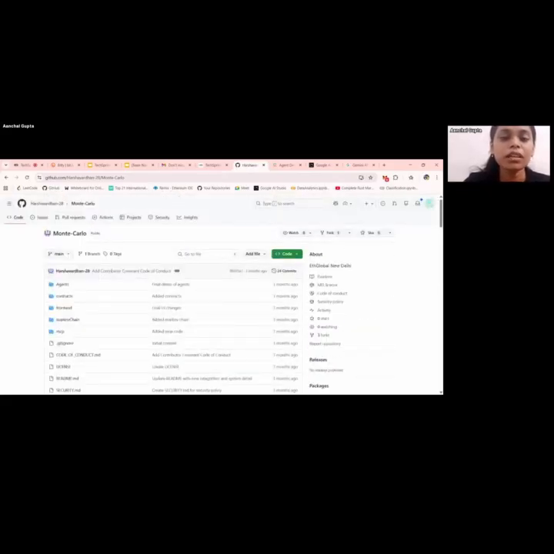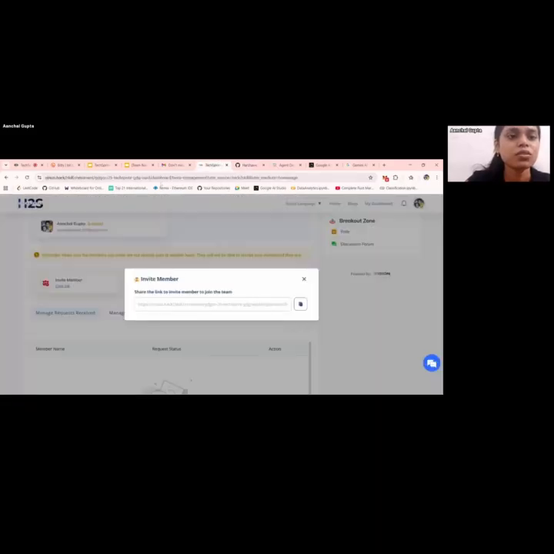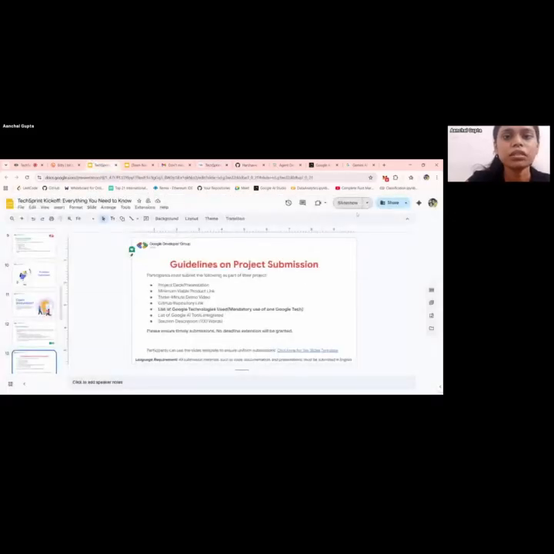We will also be checking the dates that you made this repo and the last commit to it. The last commit should not exceed the timeline of the hackathon, 14 Jan 11:59. So make sure that you're not adding any commits after that, and your repo should also start from today itself, so 15th of December. If your repo is from before that, then again it will get flagged and you will be disqualified. So make sure that you don't make those mistakes. Okay, so that was about your GitHub repo.